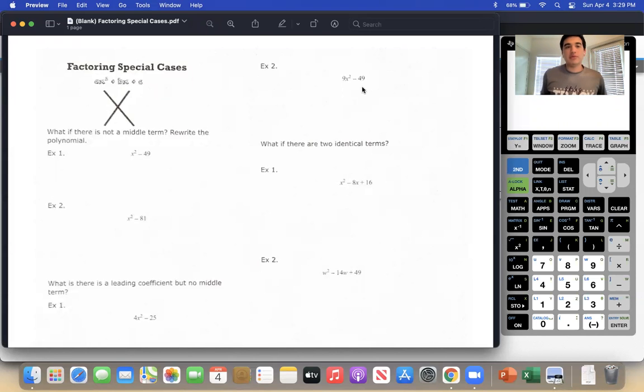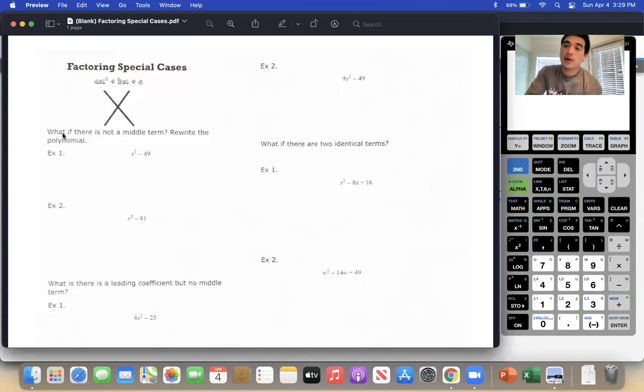Today what we're doing is we're going to be factoring special cases using the calculator right here. If you look over here, there are a few special cases that we're going to look at. There are three in particular. The first one is, what if there's not a middle